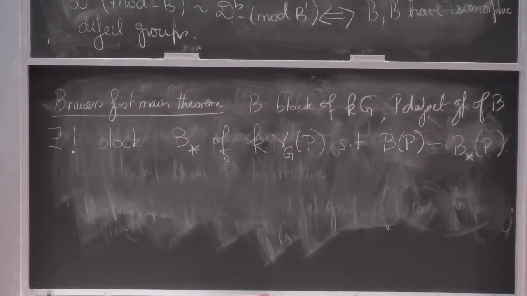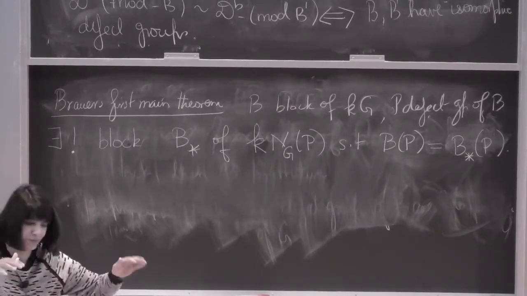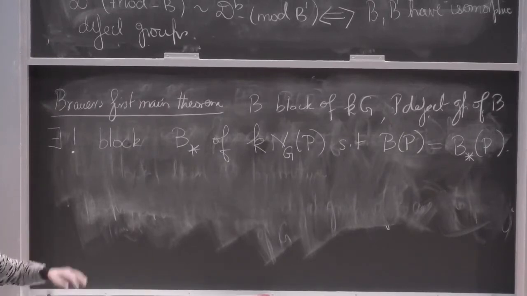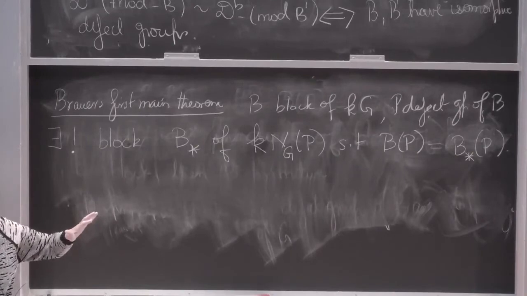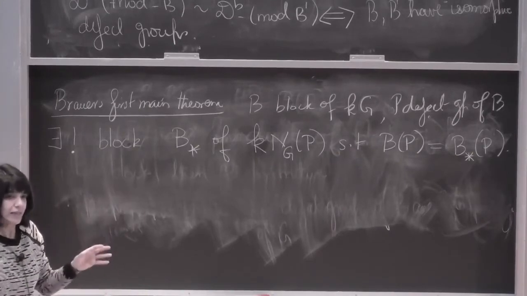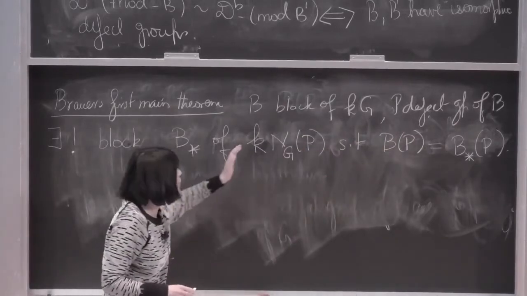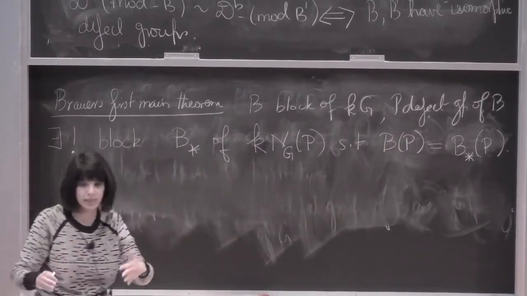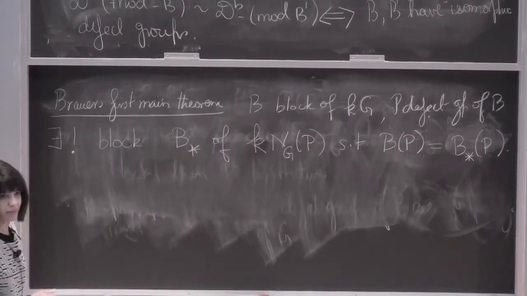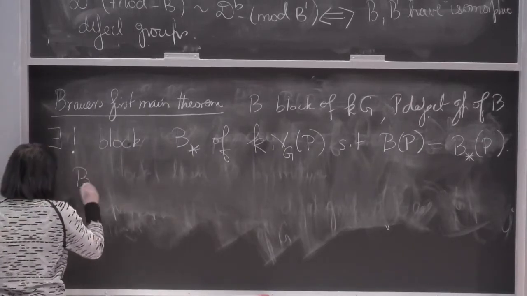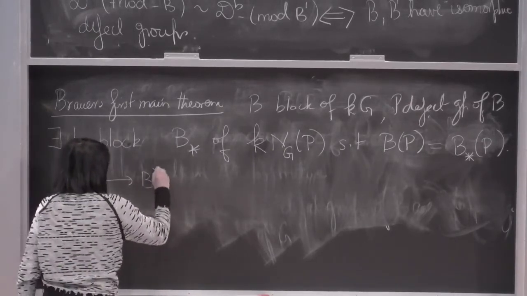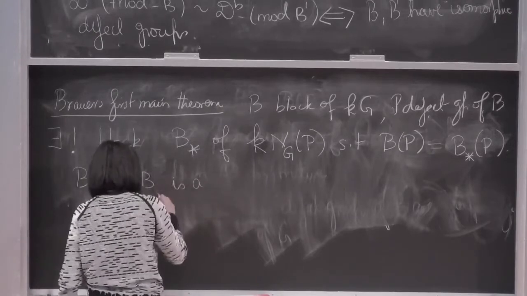So you're applying the Brauer homomorphism, going from G to the centralizer in G of P. You apply it to G, and you apply it to this local subgroup, the normalizer in G of P. And for every block B which has P as a defect group, there's going to be a unique block of the normalizer which picks out the same piece of the centralizer. And then B going to B star is a bijection